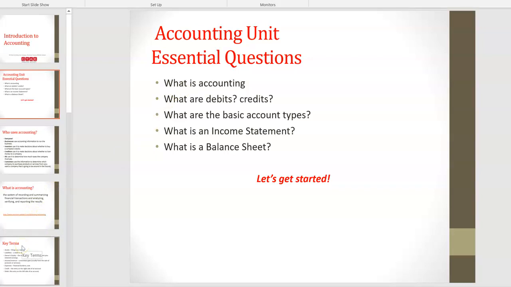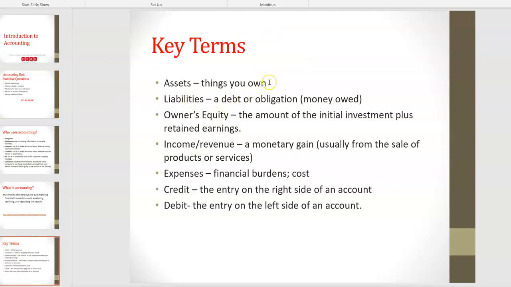expenses, and income/revenue. Once again, an asset is something that you own, such as cash, a building, or equipment. A liability is something that has to be paid back, such as a loan that you took out for a building, or the balance on a credit card that you have for your business. Income is the money that you earn, and revenue is the money that you earn from selling your products and services. And expenses are the things that a company has to pay on a daily basis to keep the business operating.